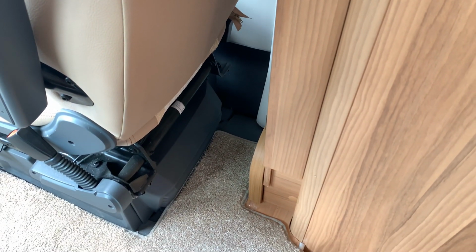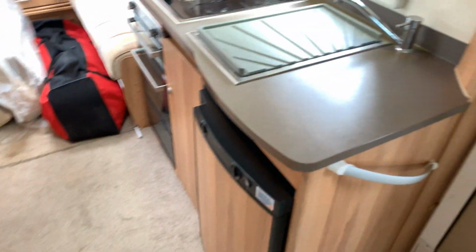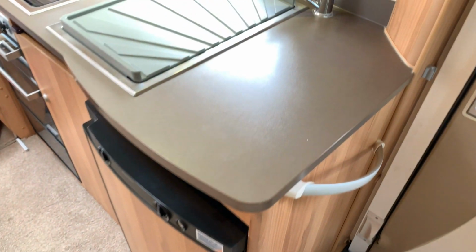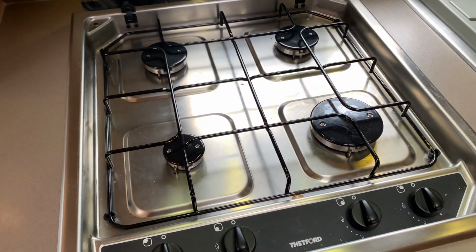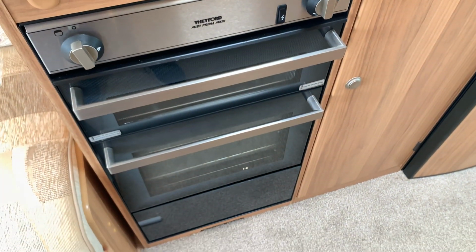Behind the driver is the storage for the rear table. In the centre on one side we have the Dometic fridge with 117 litres of storage, sink, 4-hob burner, oven grill, storage